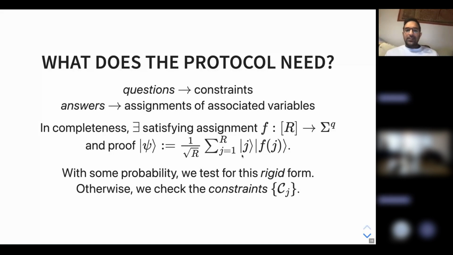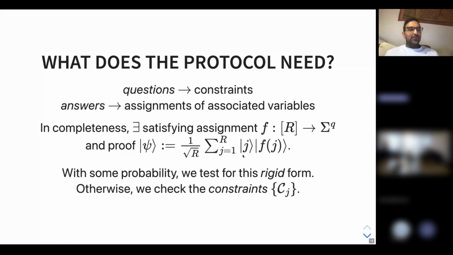Because if it's not that close to uniform, it'll be some constant far. But if it's really far from uniform, that means you didn't even send me that many basis elements. Like you just sent me something else. But now the second thing is you could have sent me something close to uniform, but you could have